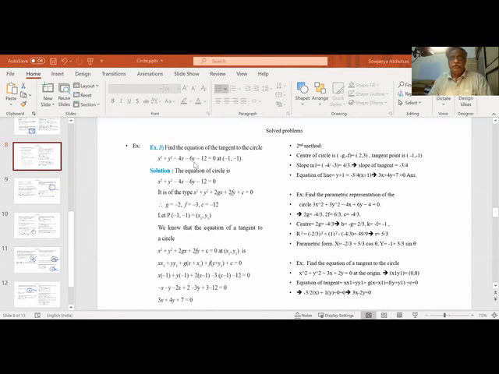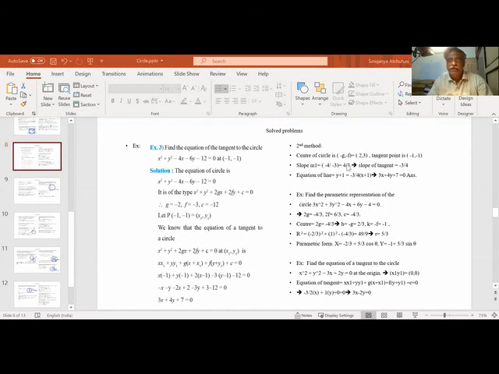So from this equation, g is minus 2, f is minus 3. Plus 2gx. G is minus 2, f is minus 3. If I have to take center, the center of circle is 2 and 3. Center is minus g, minus f. Center of the circle is 2 and 3. Here the question is, we have been asked to find out at minus 1, 1. Because I have put g into x plus x1, I have to find out g. G is minus 2.